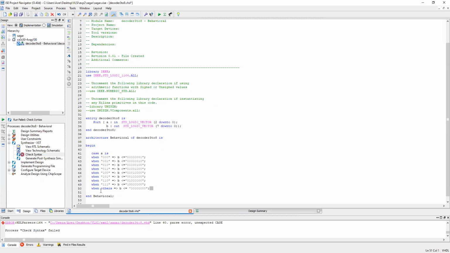Or sometimes this will also create some problems. So we will delete this. Let me delete this. Save. Again, I will check the syntax.